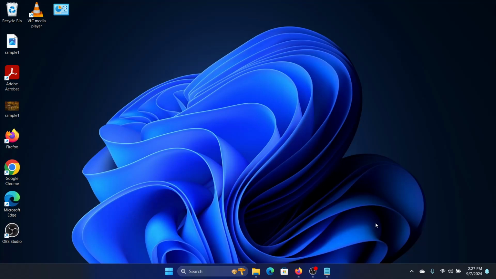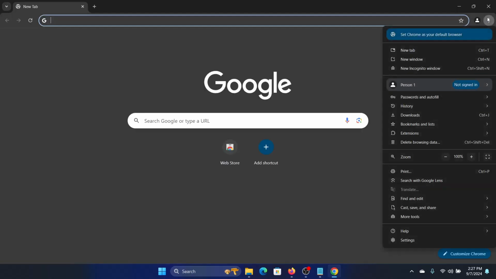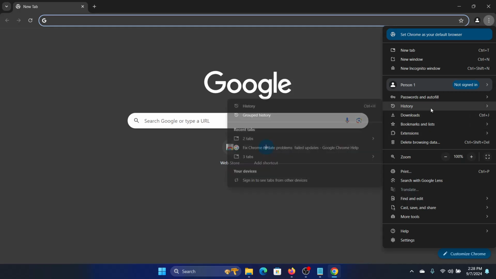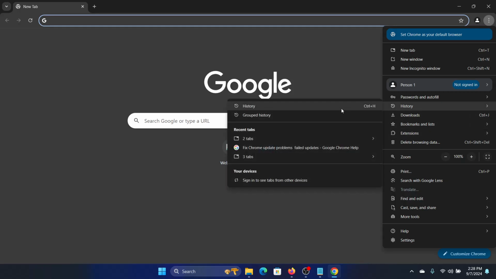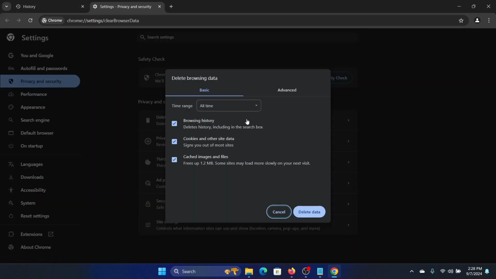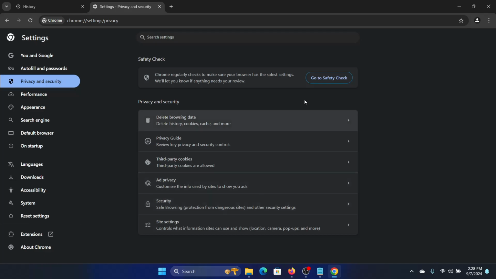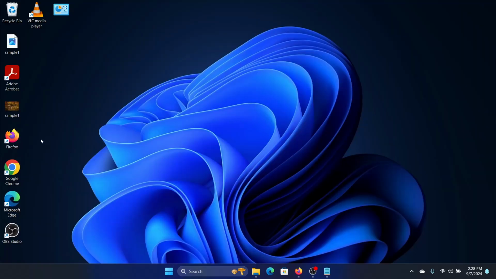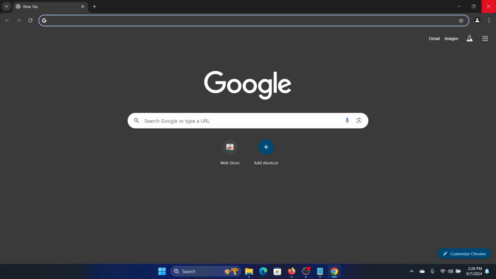And the final thing is you can clear the cache, the cookies and the cache. So for that we need to go look for history. Here it is, and we'll look to delete browsing data, and we'll look for the timeline all time and make sure these boxes are ticked, and then we'll click on delete data and close the browser and then restart it again, and this problem should no longer be an